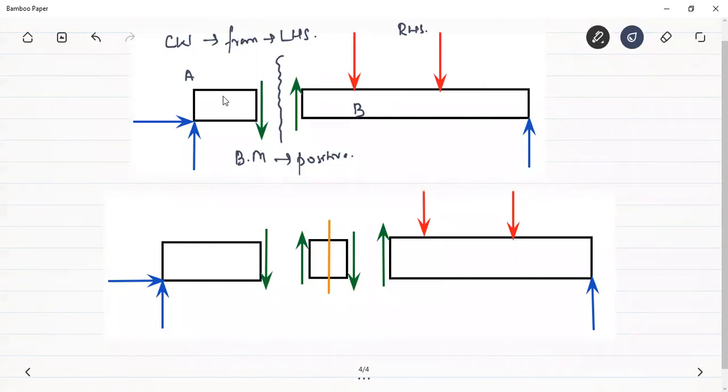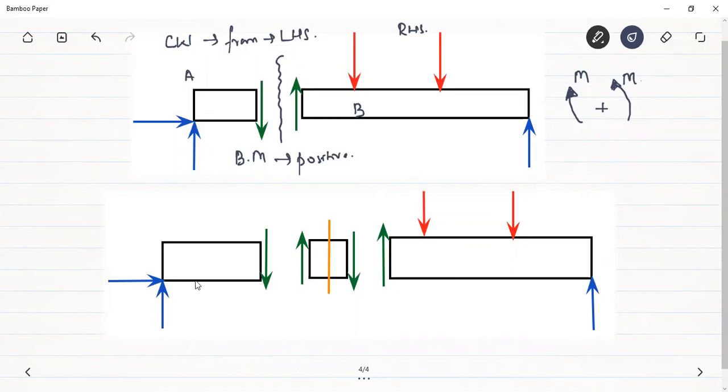So although I can't definitely calculate here, obviously there was only one load and that was a clockwise moment, but when there are various loads we have to see, depending upon the magnitude, what the net bending moment will be. But since it is positive here, what will be the resultant bending moment due to these forces? Clockwise or anti-clockwise? It has to be anti-clockwise, because for the positive bending moment, if it is clockwise from the left hand side, it has to be anti-clockwise from the right hand side. So from the left hand side, if it is clockwise, from the right hand side, it has to be anti-clockwise so that it is positive. Okay.